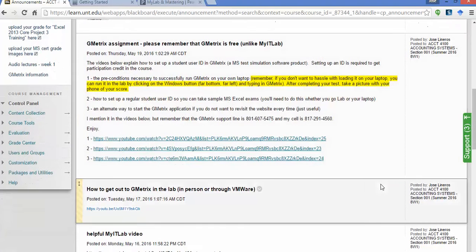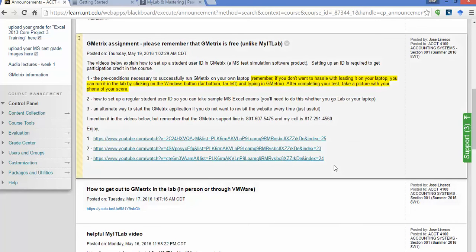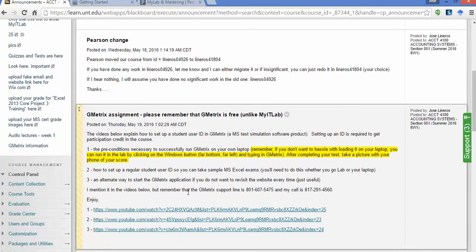But yeah, Gmetrics here. This shows you how to get to Gmetrics through VMware. This gives you an idea of what Gmetrics will look like if you're in the lab, whether in person or through virtualization, using, I think the current name is Horizon Client VMware. Be sure you watch all these videos. Gmetrics, you have a choice. You can load it on your machine, a private copy sitting on your machine. I think after a year it dies,